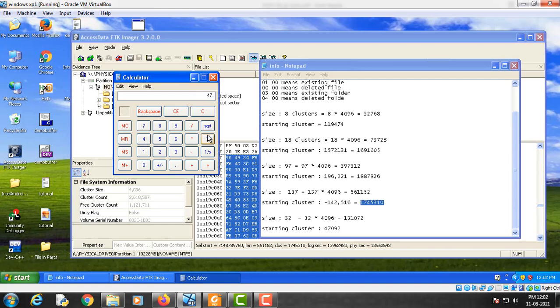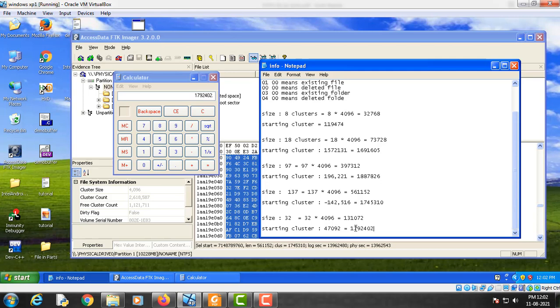Then we get this value, which is 179,179,2402. Now this is the static cluster of the fifth portion of the file on the master file table.